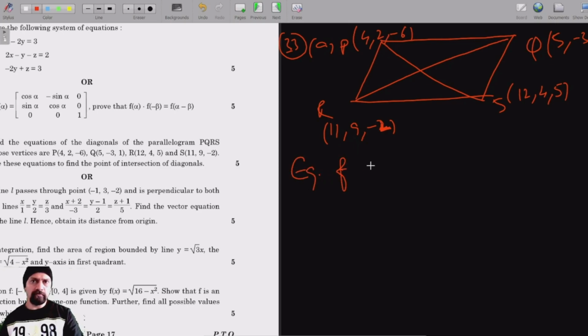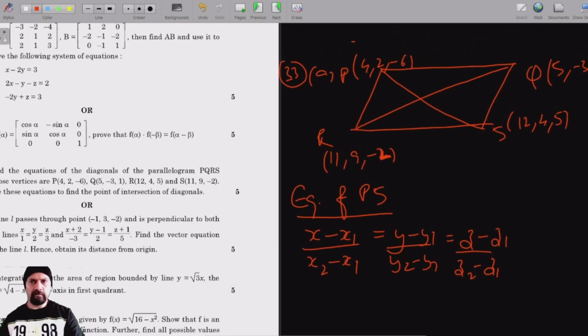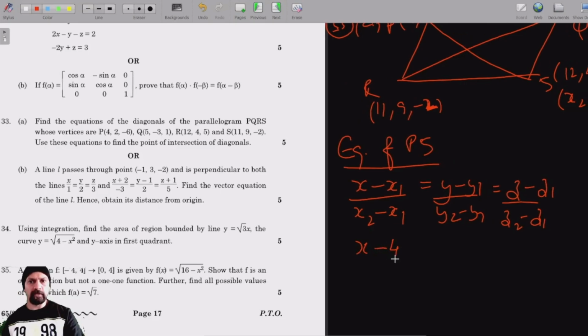So the equation of a line passing through 2 points is given by (x minus x1) upon (x2 minus x1) is equal to (y minus y1) upon (y2 minus y1) is equal to (z minus z1) upon (z2 minus z1). So let's put in the values of x1, y1, z1, and x2, y2, z2. So this is now x minus 4,